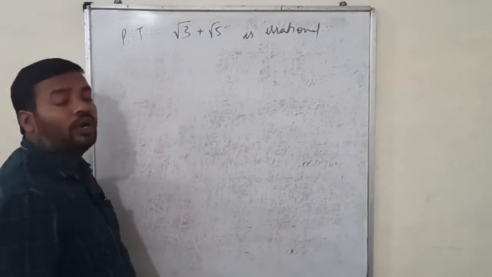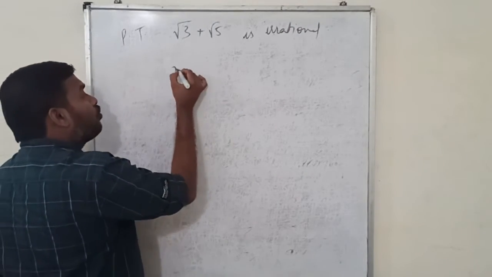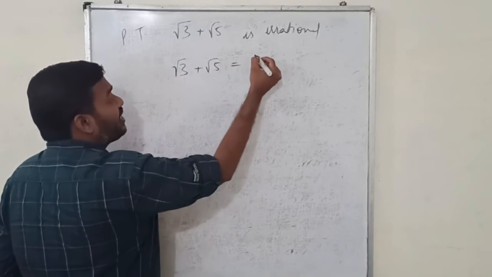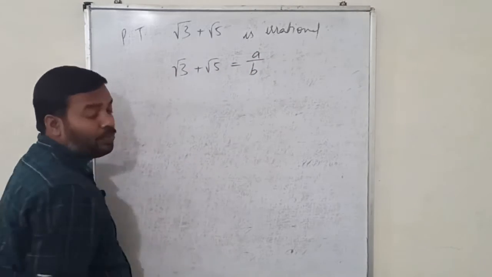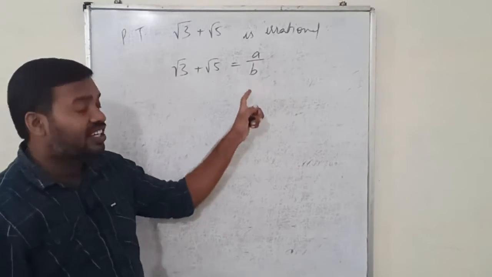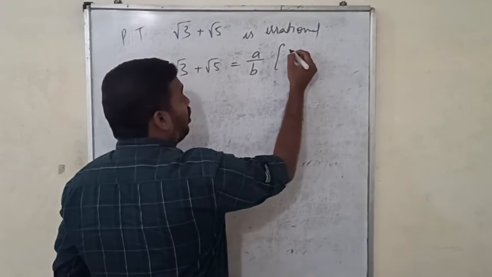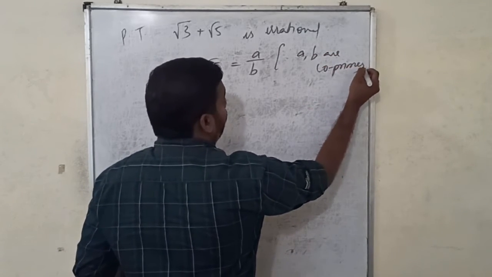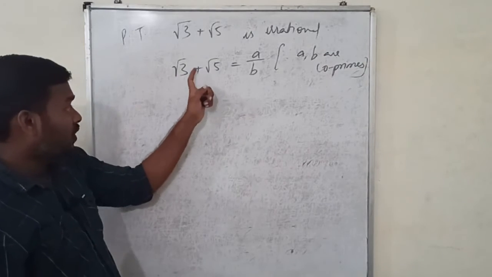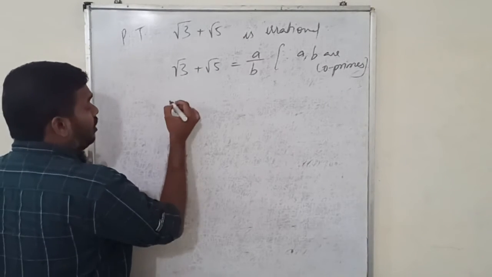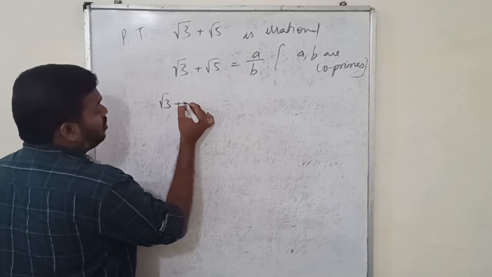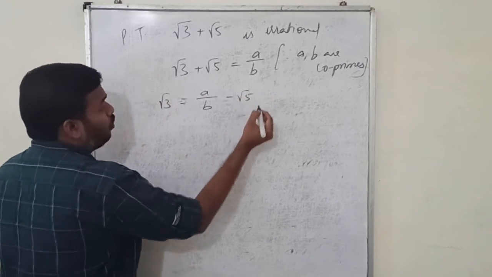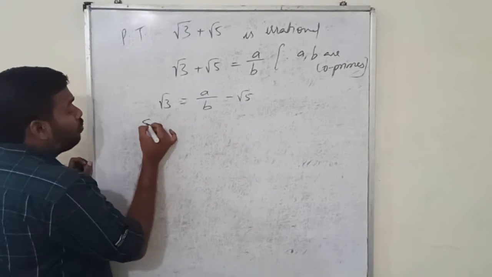For this also we are going to take the indirect proof method. Let root 3 plus root 5 be rational. So you can write root 3 plus root 5 is equal to P by Q or A by B, that is any rational number, where both are co-primes. Now send root 5 to the other side. Root 3 is equal to A by B minus square root of 5. Squaring on both sides,